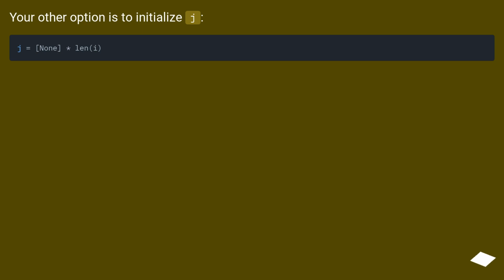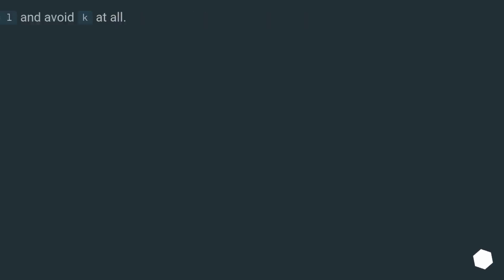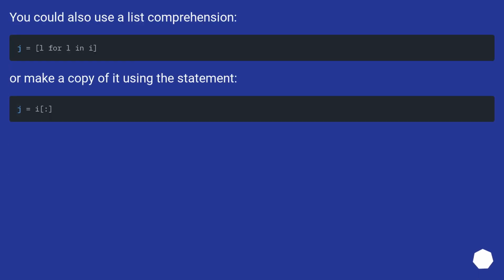Your other option is to initialize j. Do j.append(l) instead of j[k] = l and avoid k at all. You could also use a list comprehension, or make a copy of it using the statement